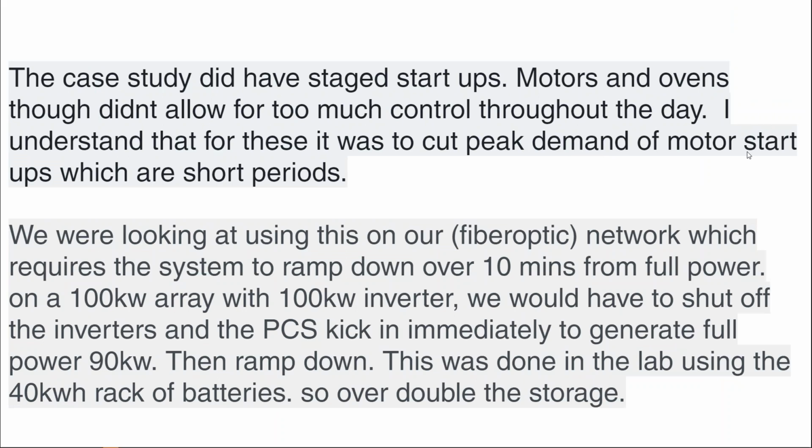And so I asked him, well, when you have an incredibly spiky load, why can't you just manage your load control and not worry about batteries? Why can't you just do this with software controls or better facility planning? Why can't the dentist office turn the heater on at 4 a.m. instead of 6 a.m.? And so what he's saying is, in his case, in his application, I don't know what